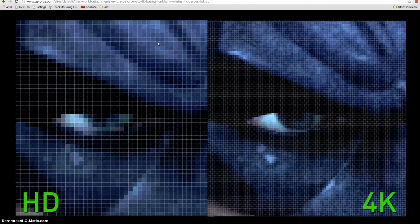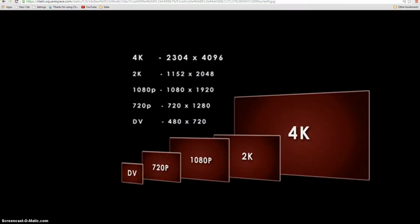Sometimes manufacturers can play around with numbers, like the megapixel wars. My camera has more megapixels than the last camera, but in reality, it may not really benefit you that much. They can do stuff like, look at 4K compared to 1080p. You could fit four 1080p screens in this one 4K screen. So as a marketing thing, I can say four times the resolution or something crazy like that,